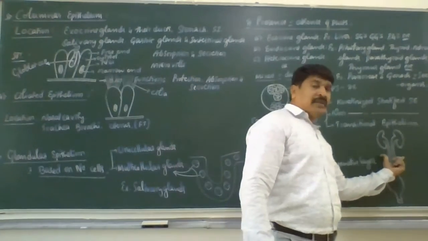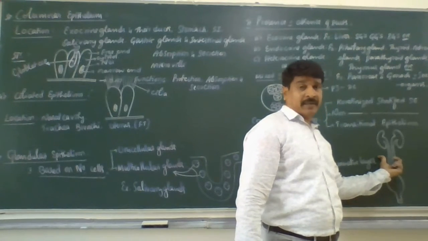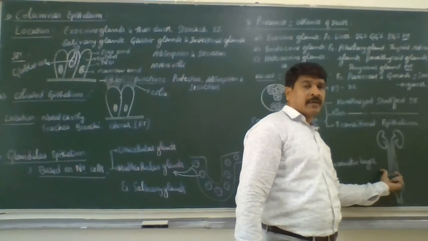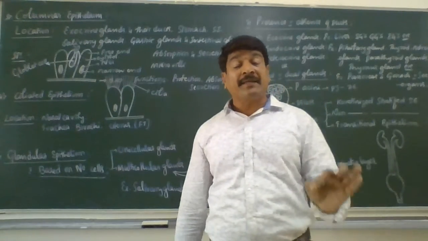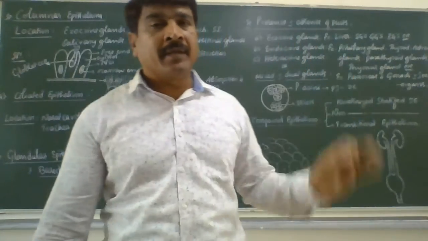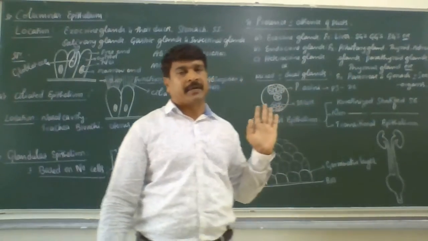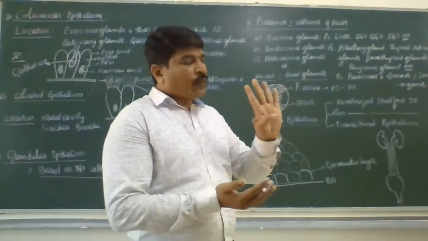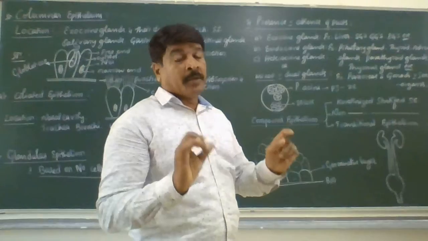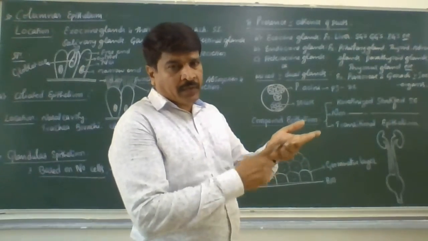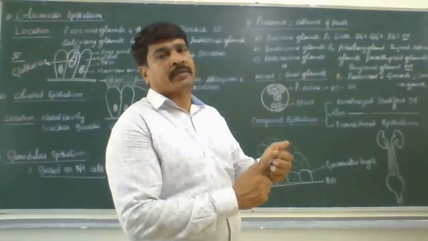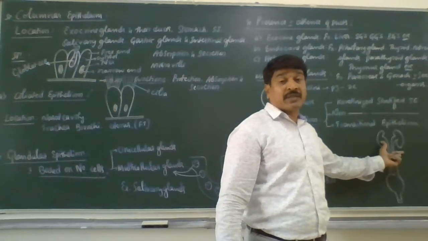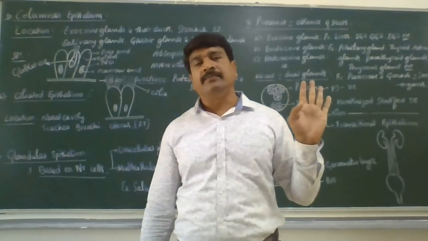Look, around these parts we can find the 4 to 6 layers of the transitional epithelium. It is around all of these, so it prevents the leakage of urine to the surrounding medium. That is the function of the transitional epithelium. I think you are getting it. So transitional epithelium consists of 4 to 6 layers of cells present around the renal pelvis, ureters, urinary bladder and urethra. What is the function of the transitional epithelium? It prevents the leakage of urine to the surrounding medium.